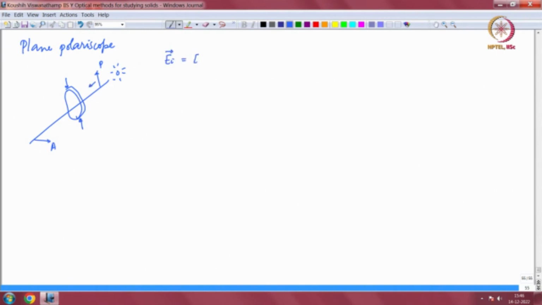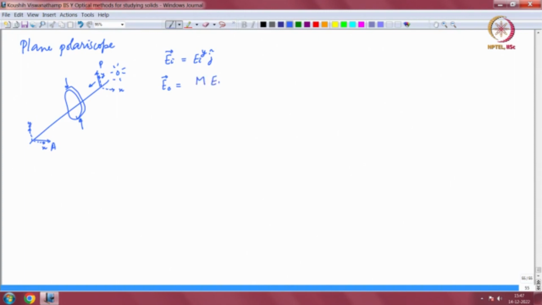So, this is my x and this is y, E_I y j hat, that is your incident light, and your final light, the exit light, of course because the analyzer is along the x, you are going to look at only the x, but let us in general